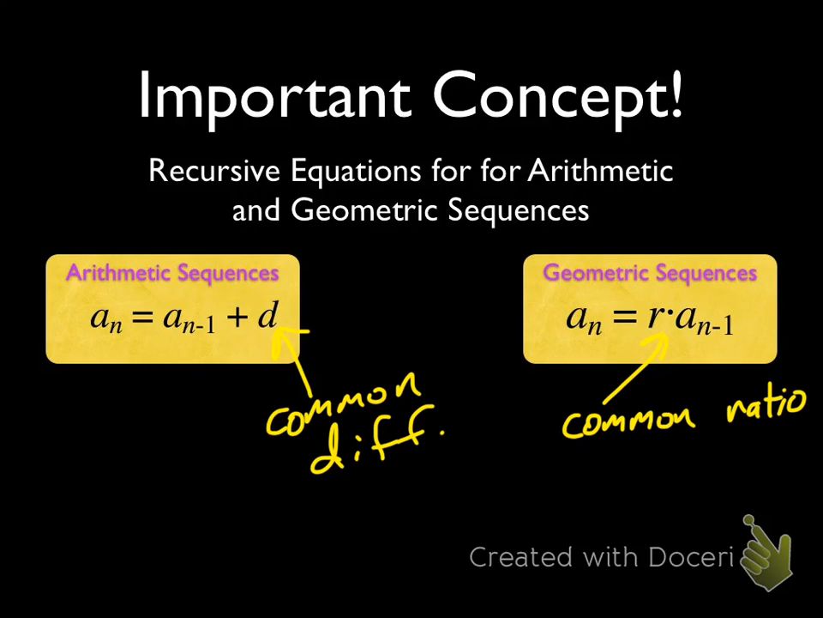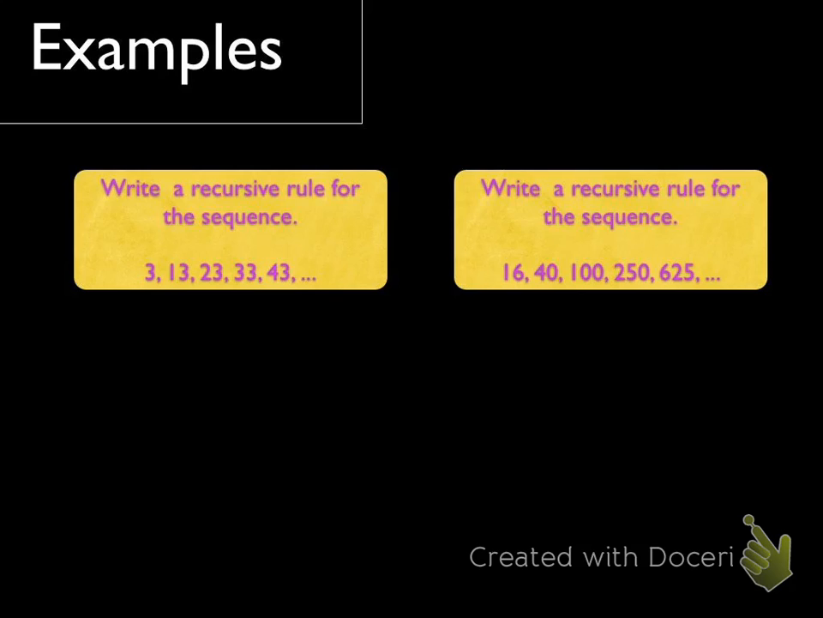Okay, remembering that a sub n minus 1 is the term right before a sub n. Any questions on these? All right, for number 1, the first thing I always check is to see if it's an arithmetic sequence or not. Those are the easiest if you're adding the same thing over and over. And it looks like here I'm adding 10 every time, so my d is